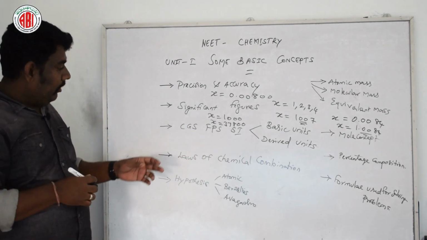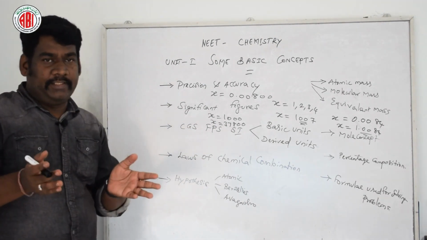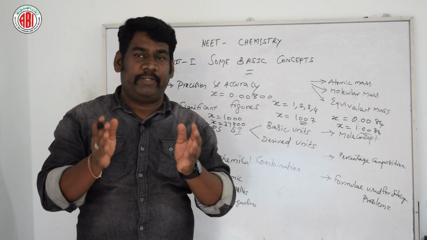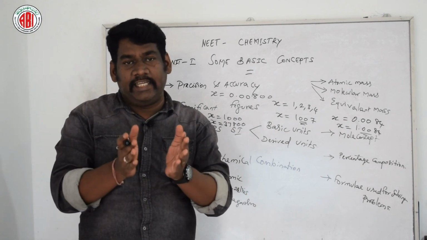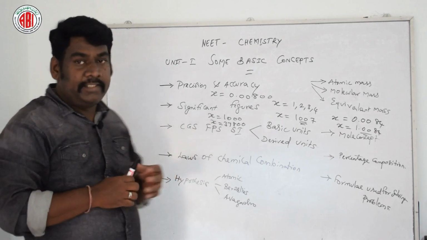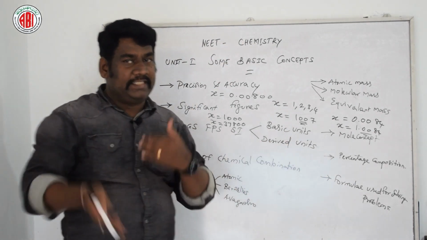So next we are going to discuss some basic units of measurement. A unit is nothing but the chosen standard of measurement of a quantity which has essentially the same nature as that of the quantity. There are few derived units which are derived from the basic units. So let us see one by one now.